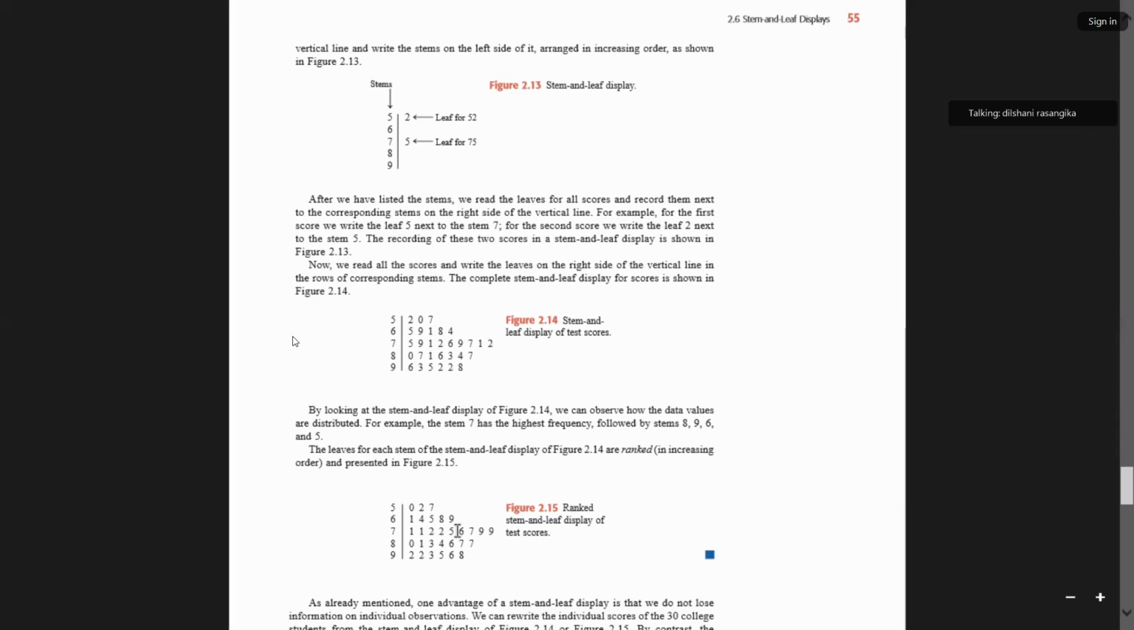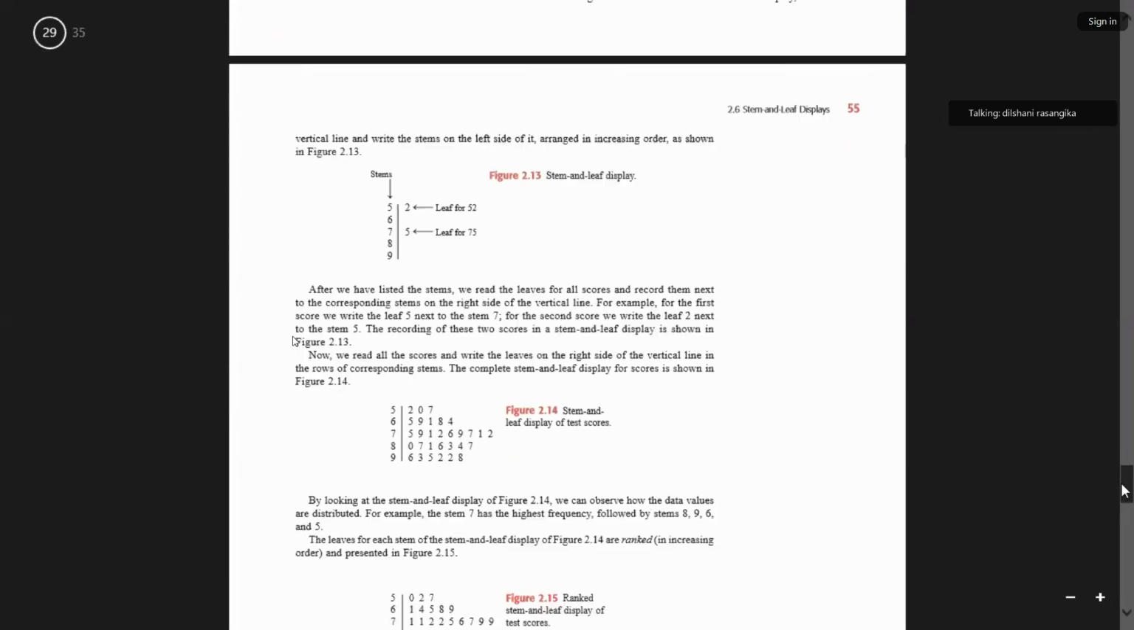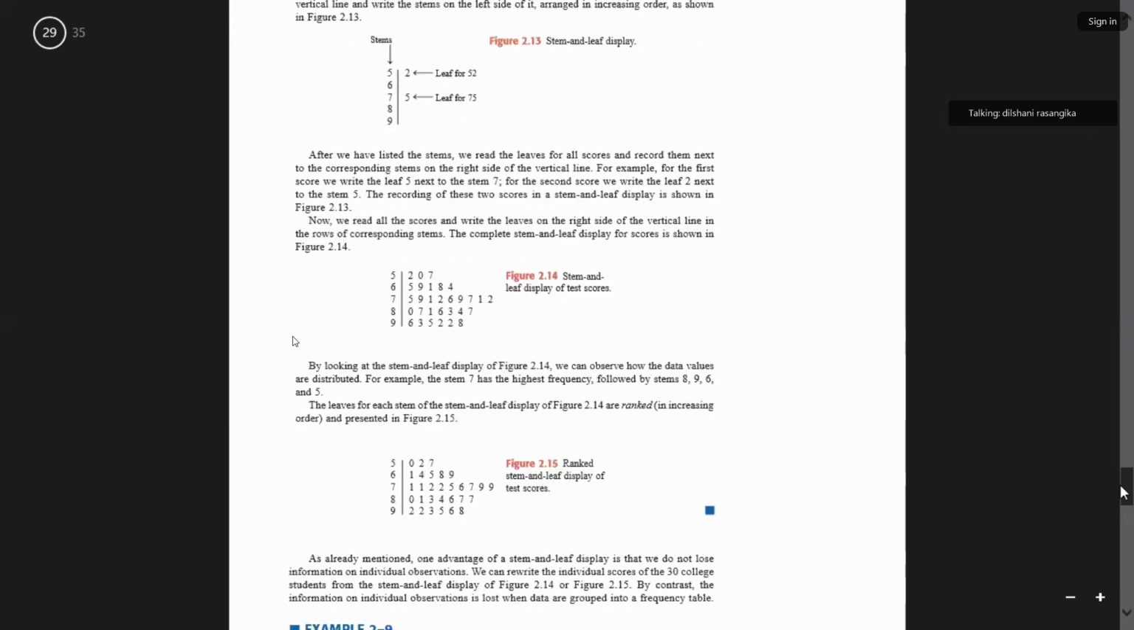Okay, then that's it about the stem and leaf diagram. And there's a most important thing. What is the most important thing is, after you make a stem and leaf diagram, definitely you need to display the